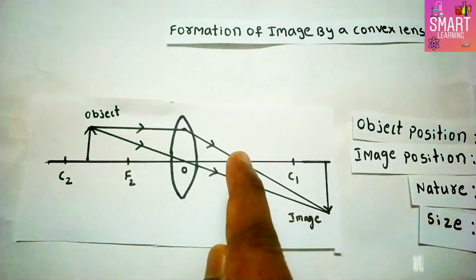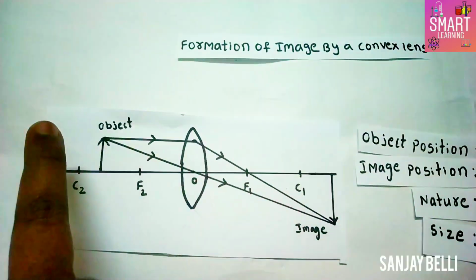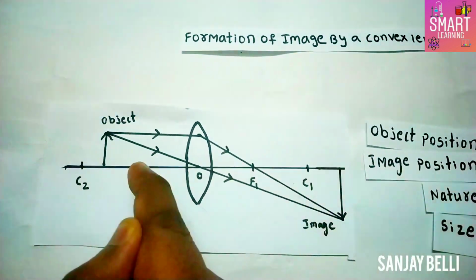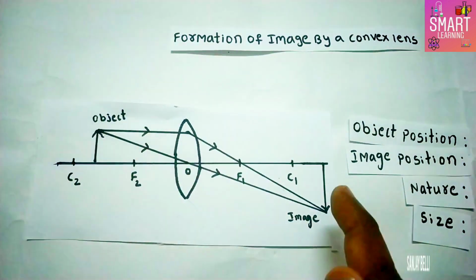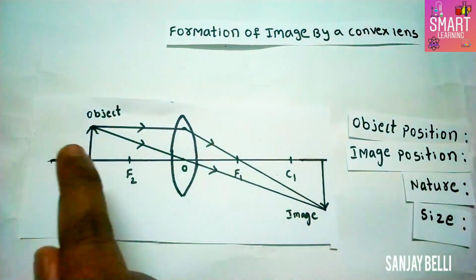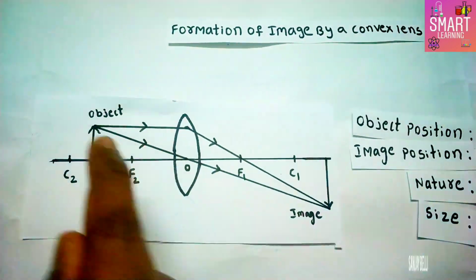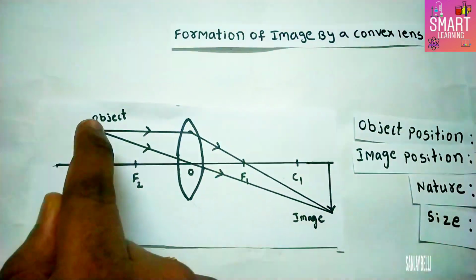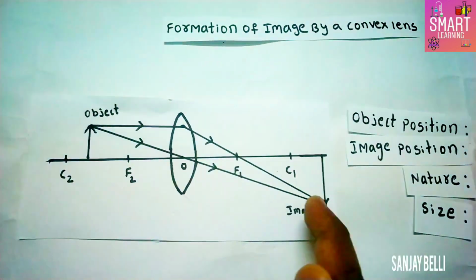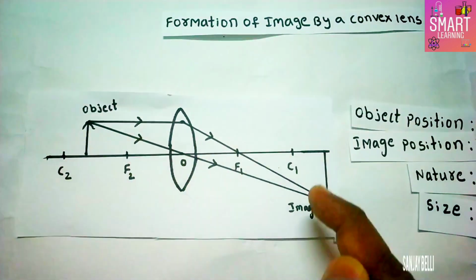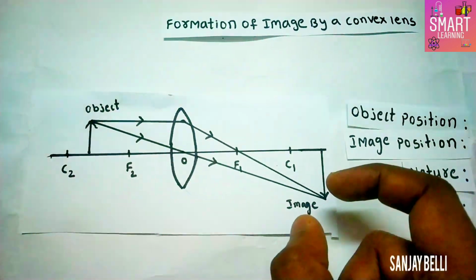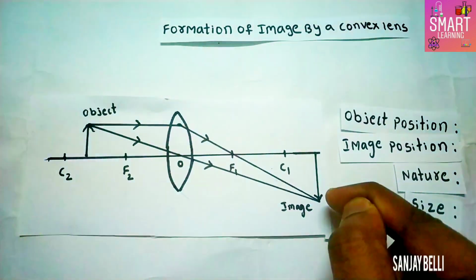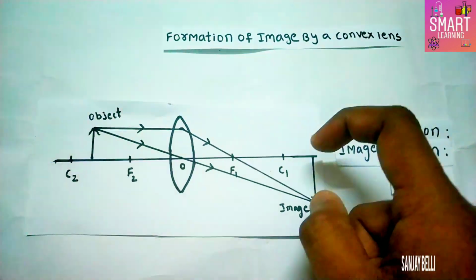Second ray diagram, which is quite opposite. In the first case, I placed an object beyond C and the image is obtained between F and C. Now I am placing an object between F2 and C2. Now the image will be obtained beyond C. Here I used rule 1 and rule 3. So what is your first rule? Parallel to principal axis passes through focal point. What is your third rule? Passes through optic center. Here you can see where an image will be formed, where the refracted rays are intersecting. So the refracted rays intersect beyond C1. So the image obtained is an enlarged image.